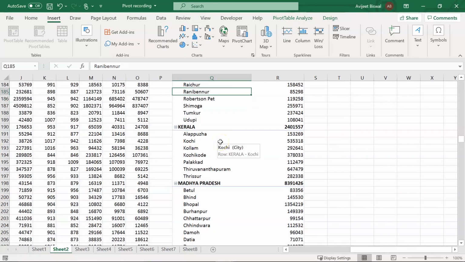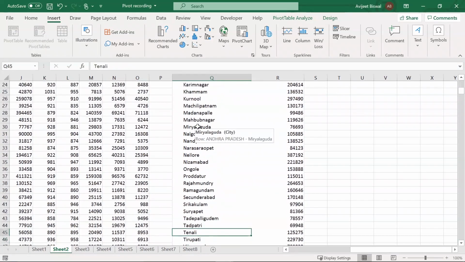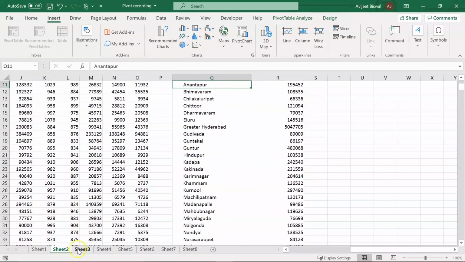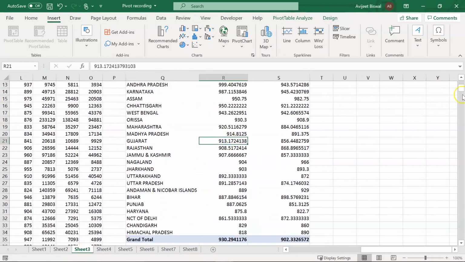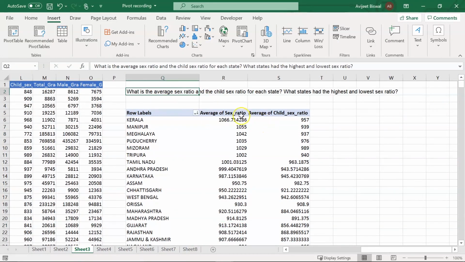Then we saw another pivot table where we calculated the total sum of literates in each city belonging to a certain state. So you can see we had the different state names and the cities under each state. Then we saw another feature where you could calculate the average of a certain numerical column.